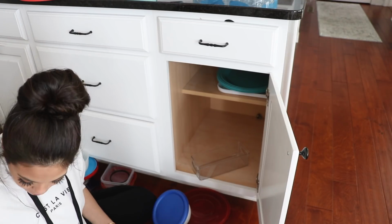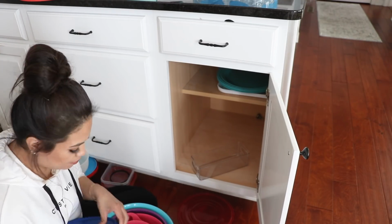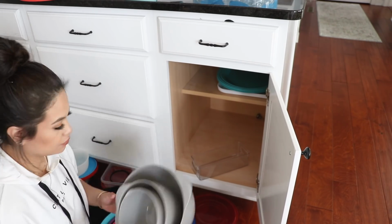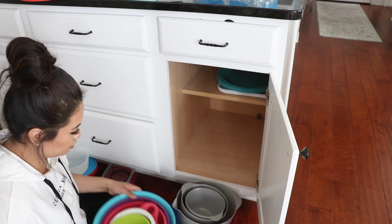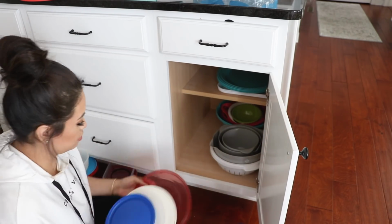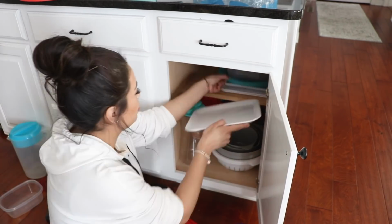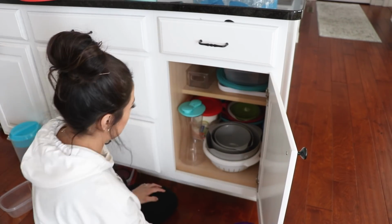And you know what, to be honest, I use the exact same 3 Tupperware over and over again, and they don't stay in the fridge for longer than a week or a week and a half. So then I go ahead and I wash it and I put it back. So I'm like, why do I have so many of them? So I just kept 1 or 2 of the same category, and if I had more than what I needed,